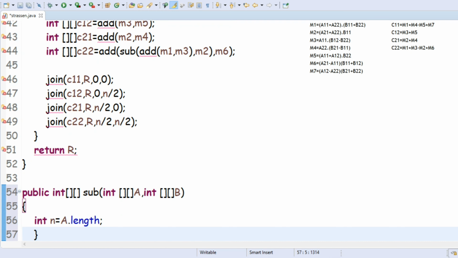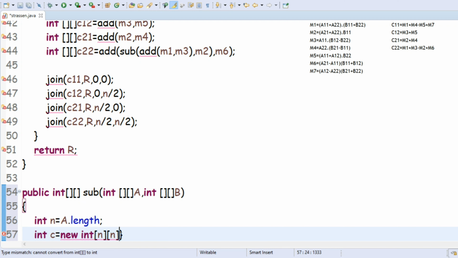Here the length is equal to the length of the given matrix. Next, int c equals new int. The c is used to store the output of the given two arrays.